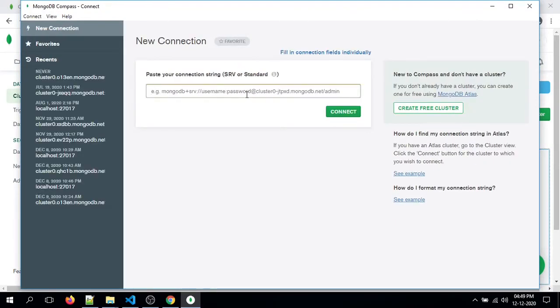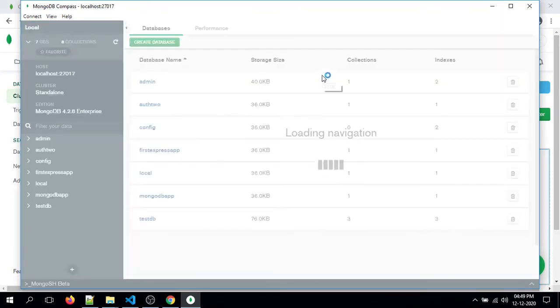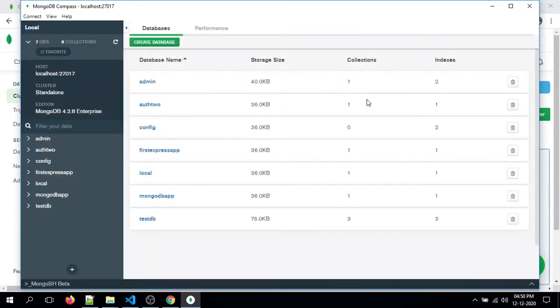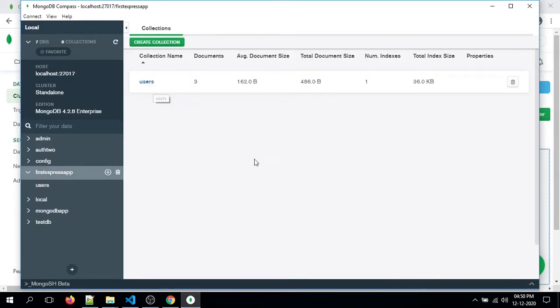You can see that this is our MongoDB Compass view. Here I am passing our local system connection string. You can see that all our local databases have been listed here. Here we can check any database and whatever collections are available in it. In MongoDB, collections are tables. In MySQL, we call them tables; in MongoDB, tables are known as collections. And every record we know as a document in MongoDB.